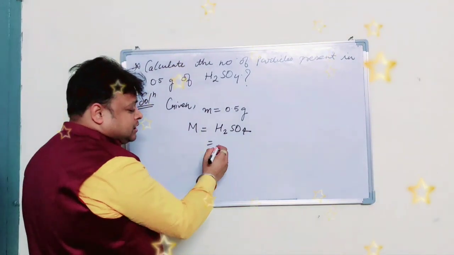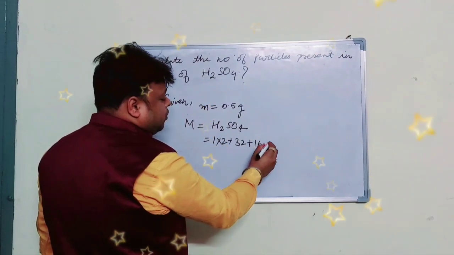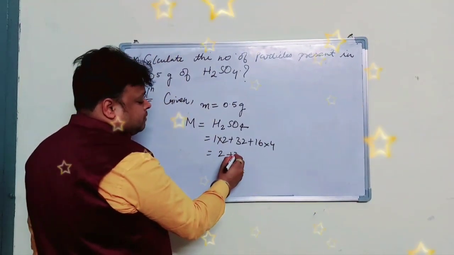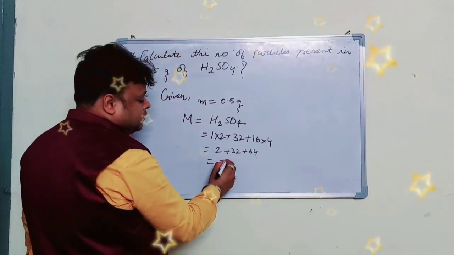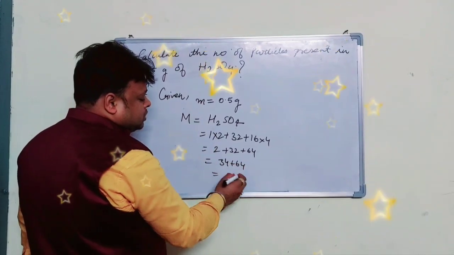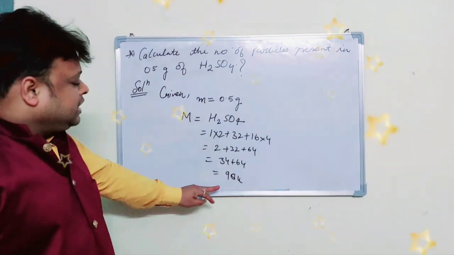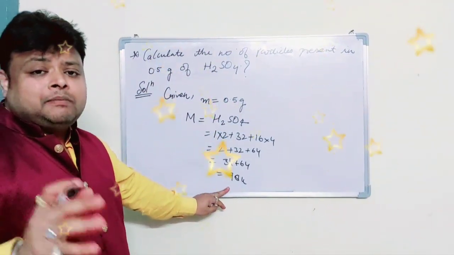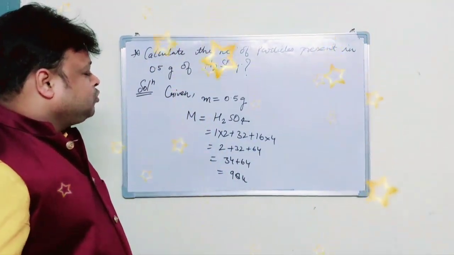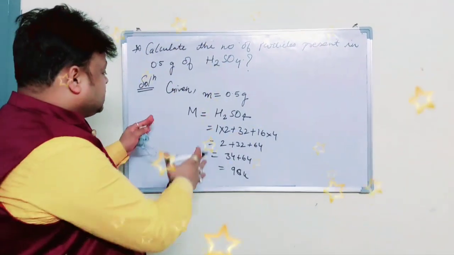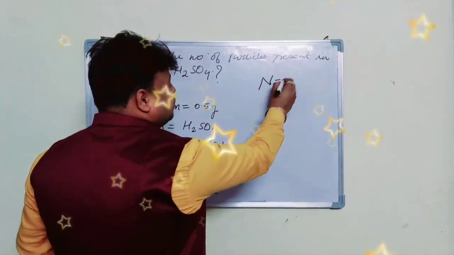One hydrogen का atomic mass कितना होता है? 1: 2 plus 32 plus 16 into 4, right? So it will be 2, it will be 32, it will be 64. This will be 32 plus 2 equals 34, plus 64, so this will be 98 u. Okay? 98 u is the molecular mass or capital M. Now we have to put it in the formula. So this is given. Now what we have to calculate is n equals question mark.